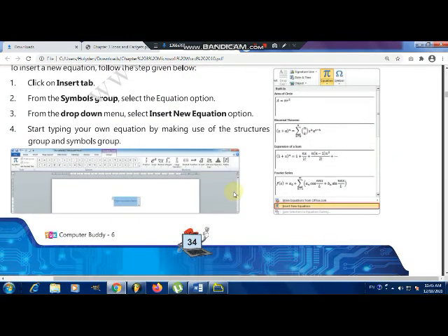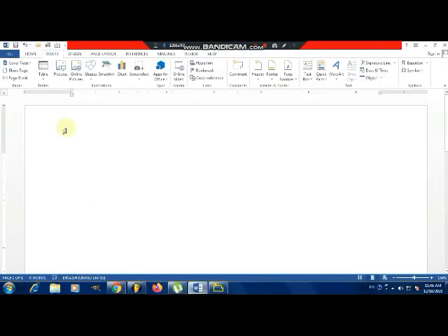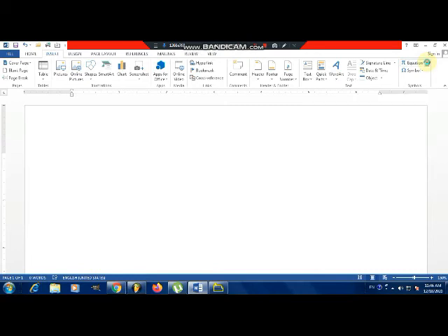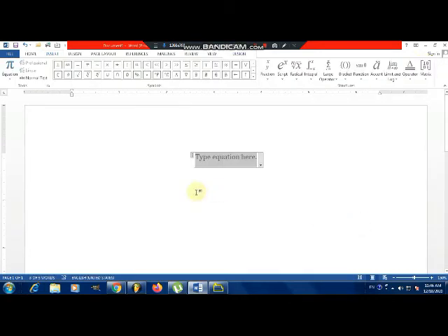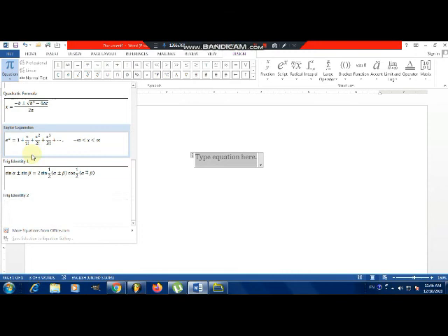Now let's see first how to insert an equation. To insert any particular equation, you have to go to the Insert tab, then click the Equation command. You have to click this drop-down list, then click Insert New Equation, and then go to the Design tab, then the Equation command from the Tools group, and choose the required equation.